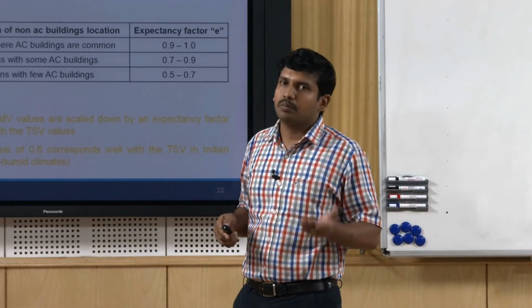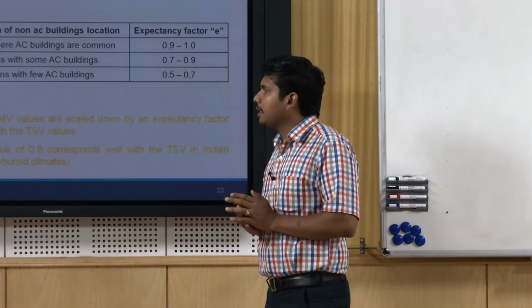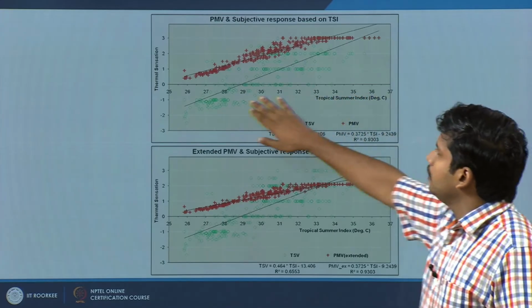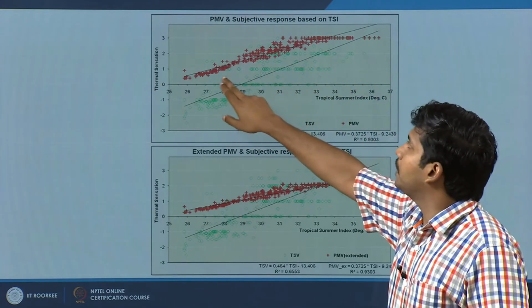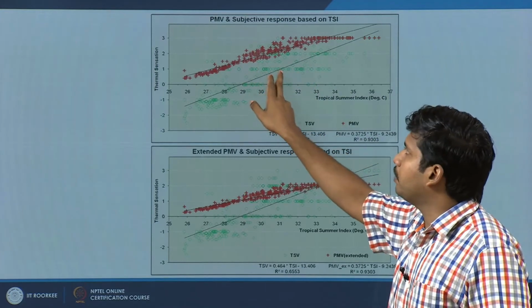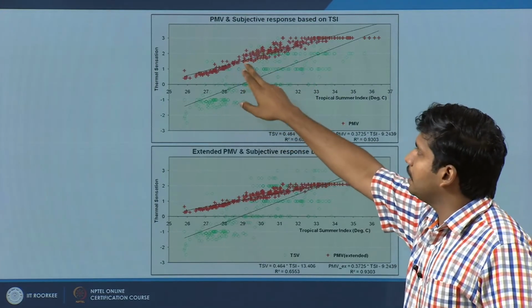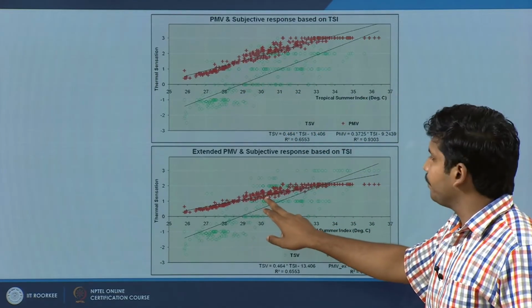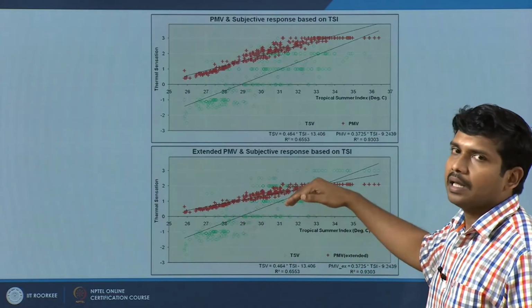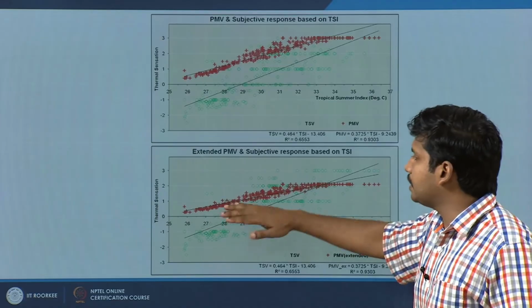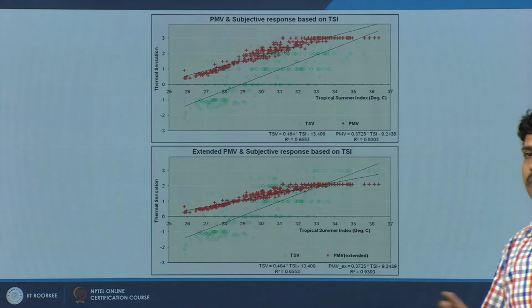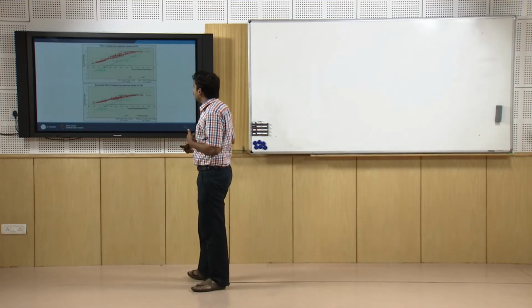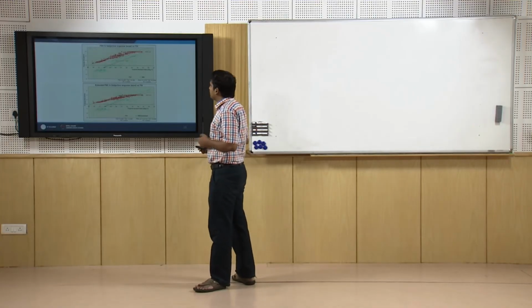Instead of being hot, it would be warm. So the same model, he is saying, can be extended using this. We did try to compare the actual predicted model, the same graph I showed you, with the PMV's prediction. Always the standard PMV model tends to over predict. If it is neutral, it says it is really warm and goes up high, but introducing a weightage of around 0.6, it comes closer, but it cannot directly align. Of course, this particular trend line changes from location to location, but more or less around 0.5 to 0.6 in Indian conditions, the PMV comes much closer to the actual perceived thermal comfort.